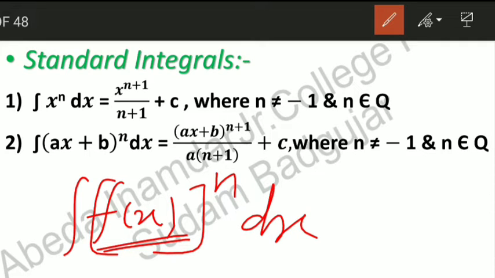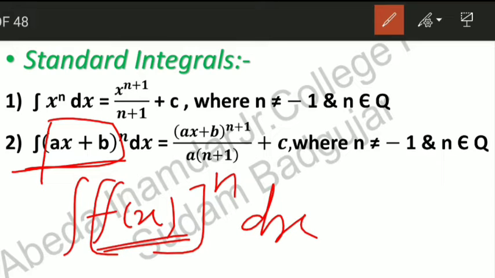You must remember, we have the formula for integration of a linear function raised to a number only. What is ax plus b? Ax plus b is nothing but a linear polynomial. If it is quadratic, then it is another method. If it is sin x, tan x, cot x, log x, inverse, whatever it may be, then again we have to apply another method. There is no standard formula. So you must remember all standard formulas, with observation. That is very, very important.